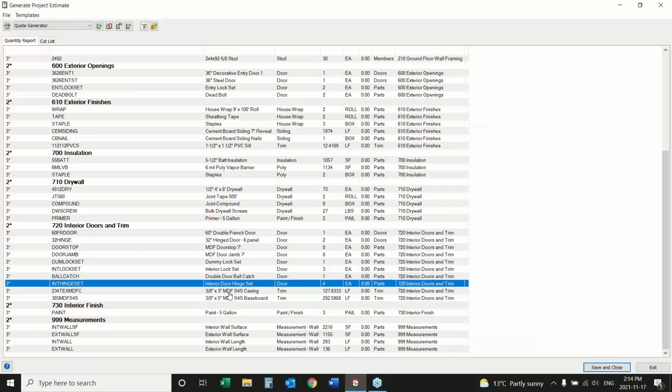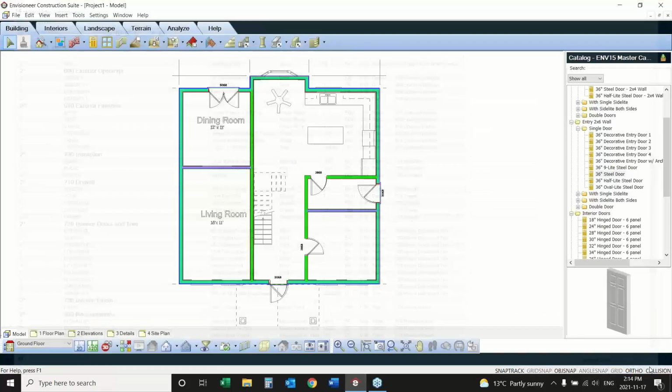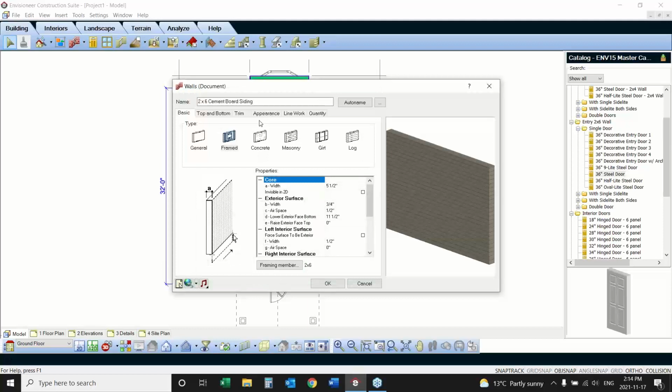all of these different materials, casing around those openings. As I add items in, it knows what they are and adds it to the list. Let's see where it's getting that information. I'm going to select this very front wall, and I'm going to look at its properties. In the property of the wall, it tells me that it's a framed wall